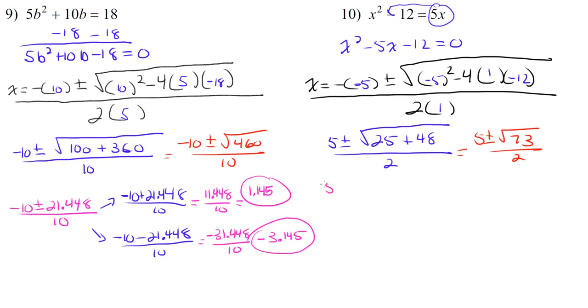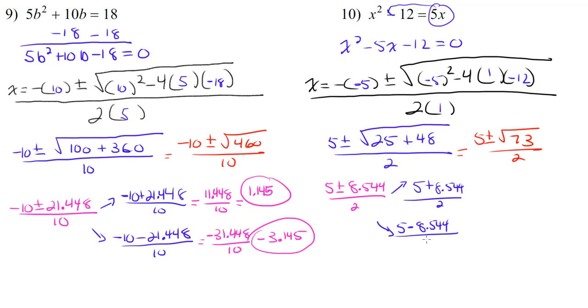So 5 plus or minus 8.544 divided by 2. So we have our two expressions, 5 plus 8.544 over 2 and 5 minus